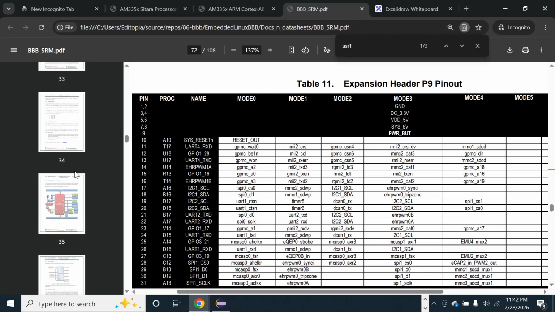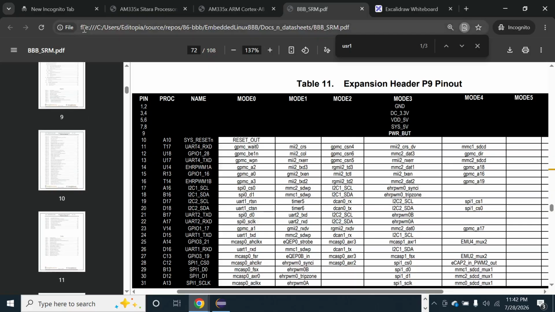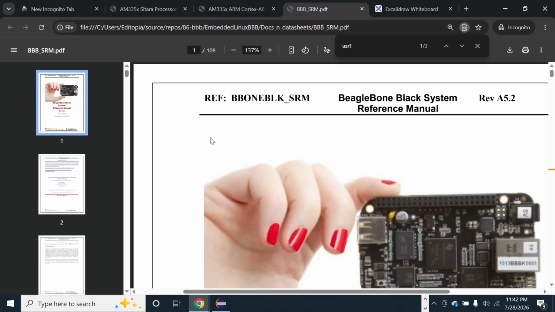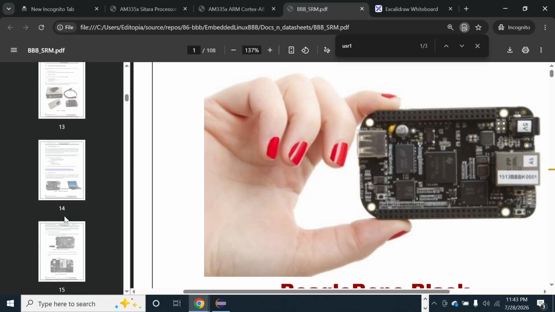So let's see, for example, you have a project that you want to write and you want to use, I believe this is P9, one of these pins, and you don't know what to use. You decide, hey, let me pick example P9, which is this header area, number 12, which is somewhere here. So you want to go here,